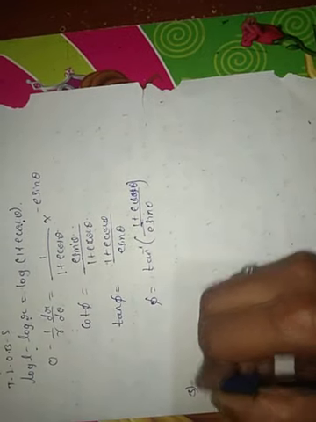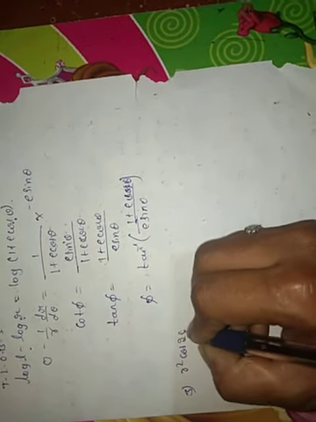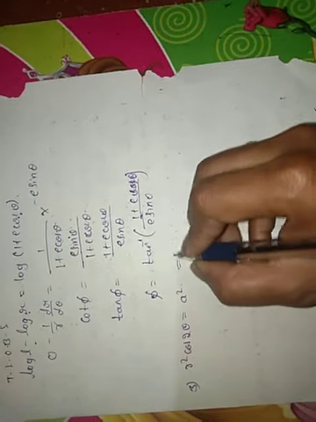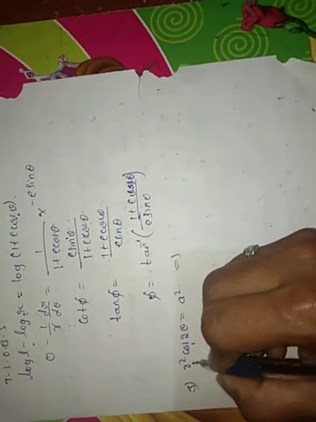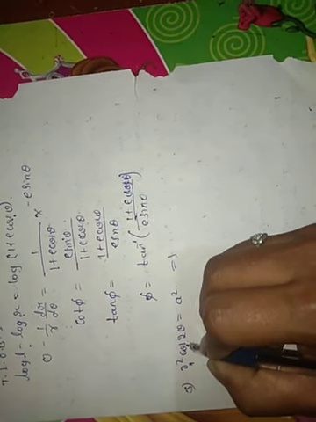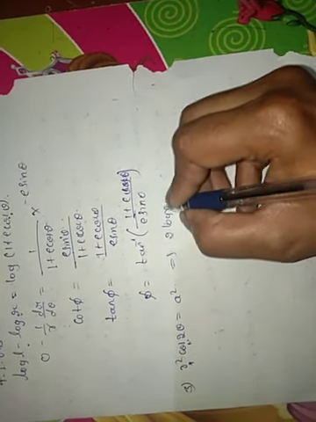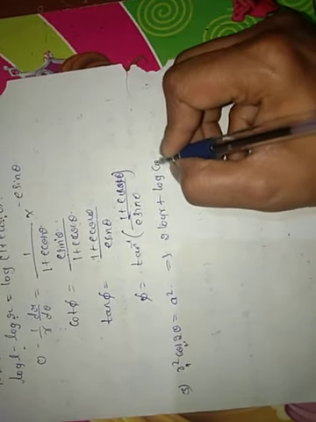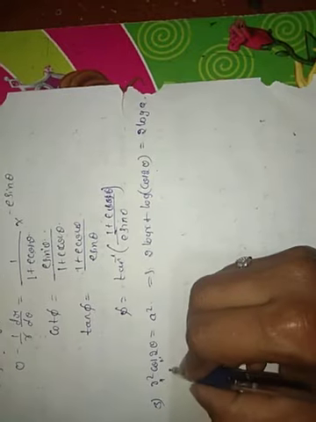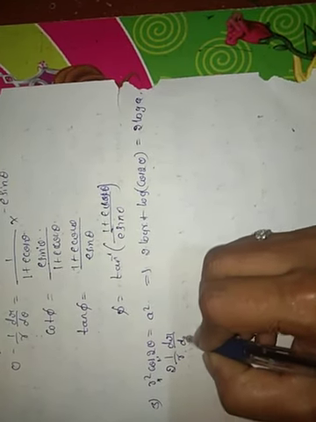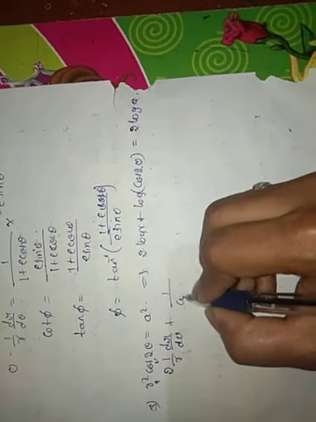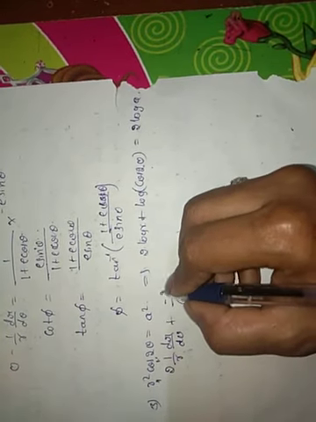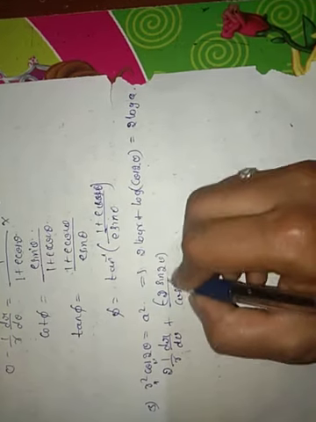Take one more example on this: r square cos 2 theta equal to a square. Take a log on both sides. Log of r square into cos, that is log a into b, which is log a plus log b. So 2 log r plus log of cos 2 theta equals 2 into log a. Differentiating with respect to theta, 2 into 1 by r dr by d theta. Derivative of log is 1 by function into derivative of cos 2 theta, which is minus 2 sin 2 theta. Derivative of 2 into log a is 0.